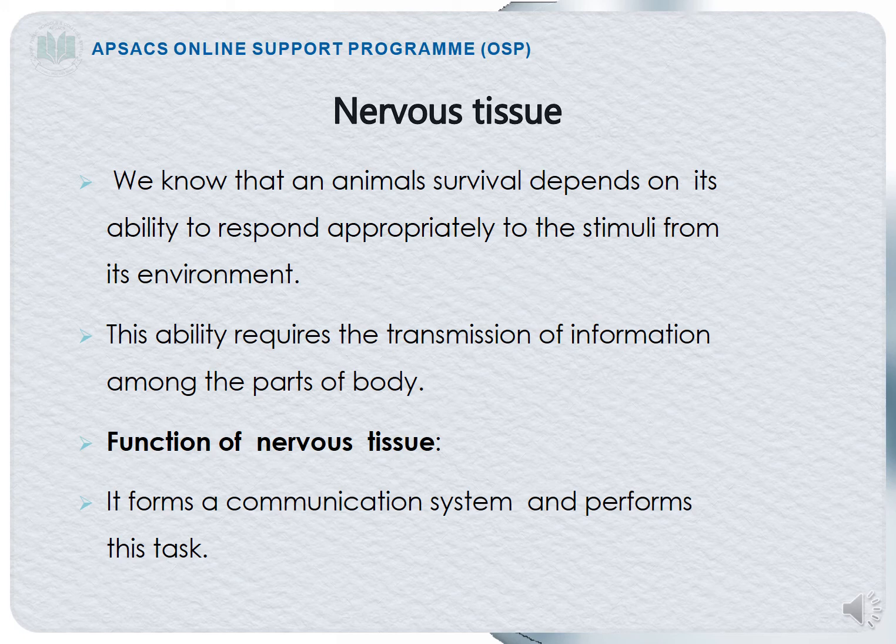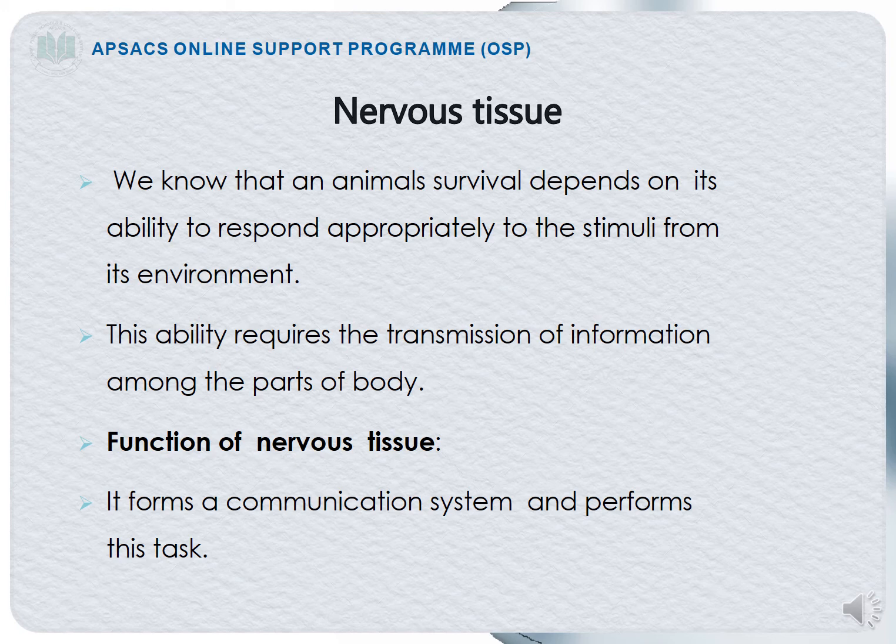Because the nerves give the message to the spinal cord, and the spinal cord regulates that message, and with the help of the motor neurons the message comes back to the nerves of the hand that we should withdraw our hand. So in this way the transmission of information takes place among the body parts, as the nerves are distributed throughout the body. Now, what are the functions of the nervous system?